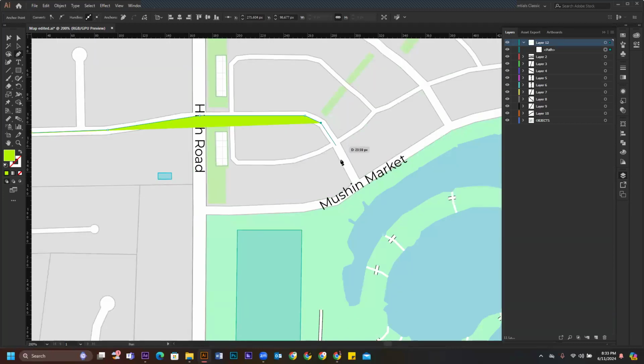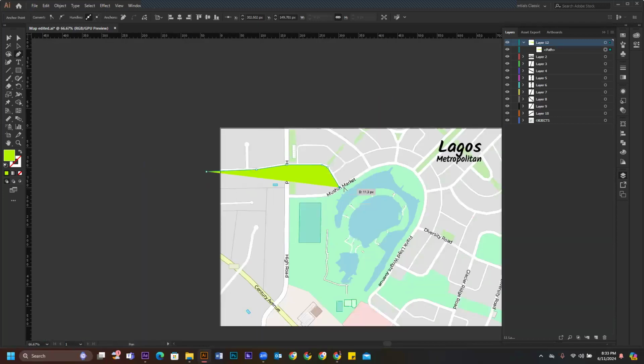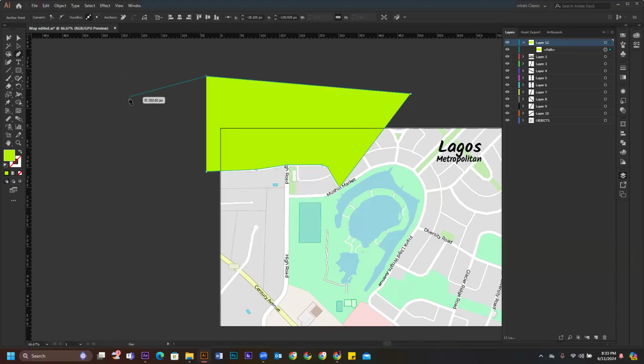Let's continue. Let's say I want it to stop here. You can see this line is just following me around like a fly. How do you stop it? Very easy. Hold down your Control. When you hold down Control, it automatically, can you see? I release my keyboard. I'm not holding anything right now. You can see that my pen tool is still activated. I cannot stop this drawing. This is where I want to stop, but it's looking impossible. Even if I click here, it will keep following me